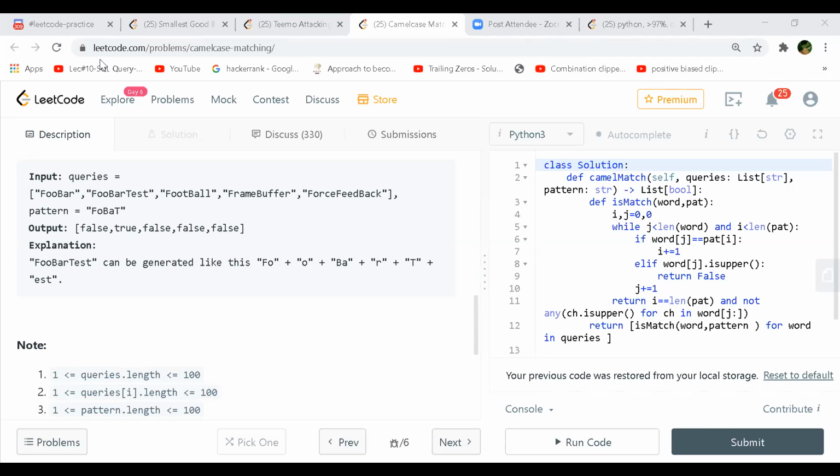I thought of KMP, but no, it doesn't make any sense. Well, KMP, or you mean the rolling hash, right? Yeah, rolling hash. But in rolling hash, the exact continuous pattern should be present in your query, which you will not find anywhere. Correct, that is what I was saying. That's the problem.